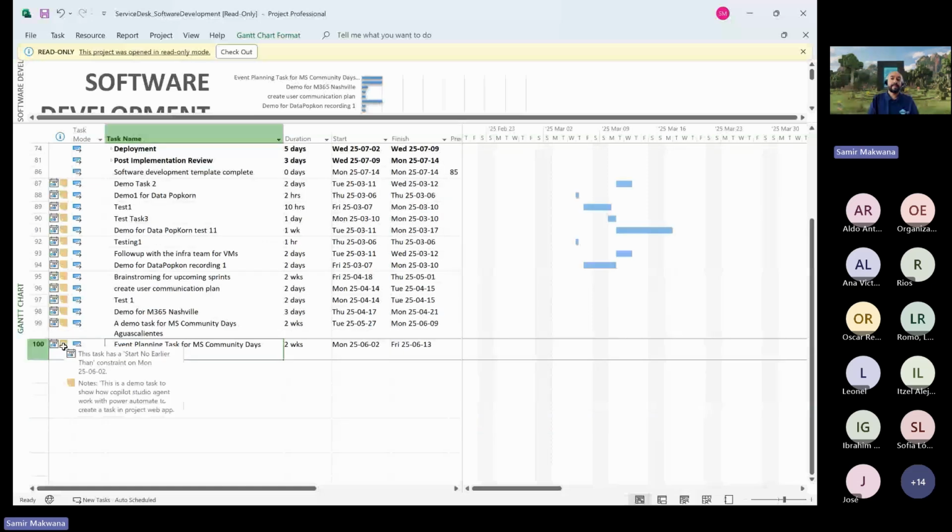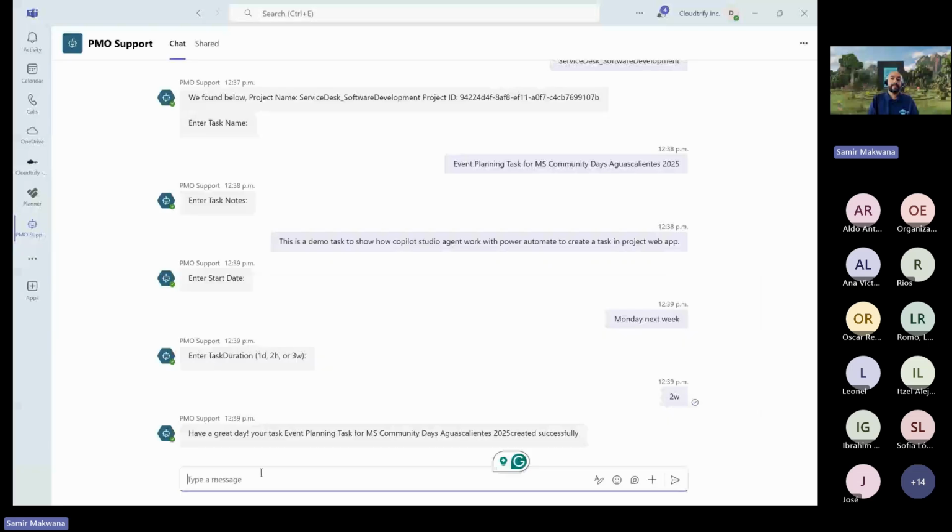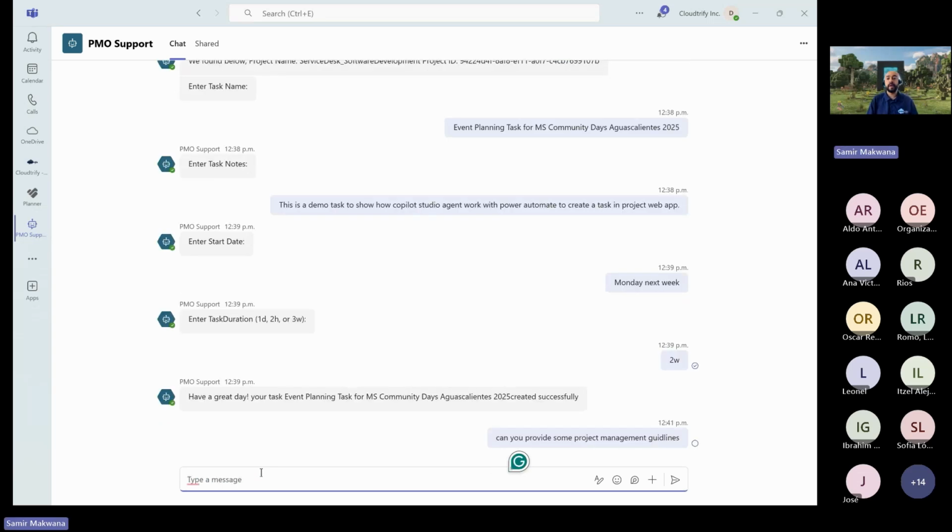However, I can use this project management office support to help new business analysts as well as new project managers align with the standards we are using in our organization for project management. So I'm going to ask, can you provide some project management guidelines, and see what it helps?